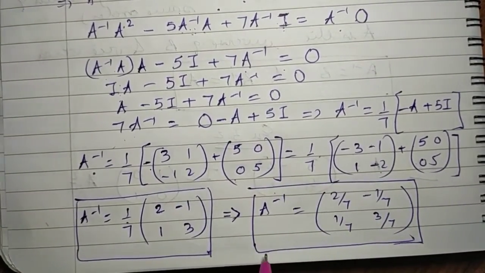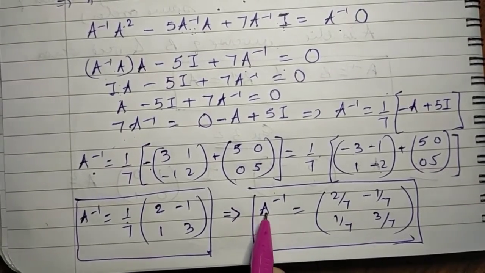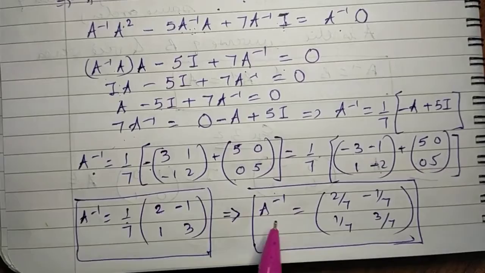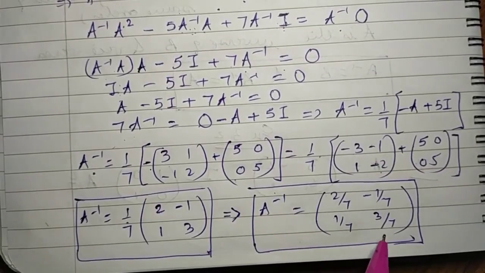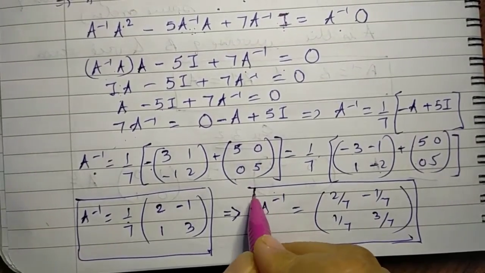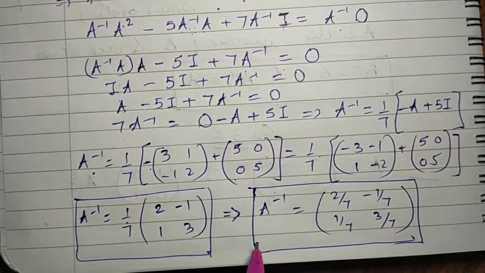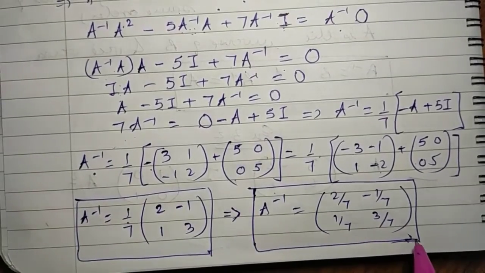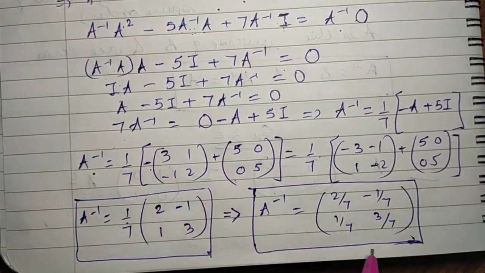I mean, if you want to check whether your working is correct or not, you can multiply this A inverse with the given matrix A and we should get back the identity matrix. So you can check it if need be. If you are not confident whether you have done the calculations correctly or not, you can do this cross check or the verification. Otherwise, directly just leave the answer like this and be done with it. So this way you can find the inverse of a matrix.